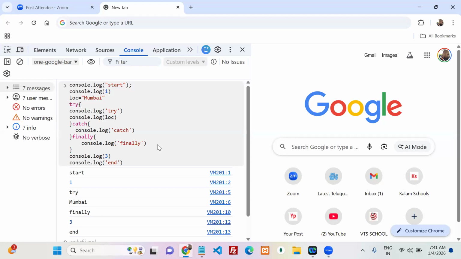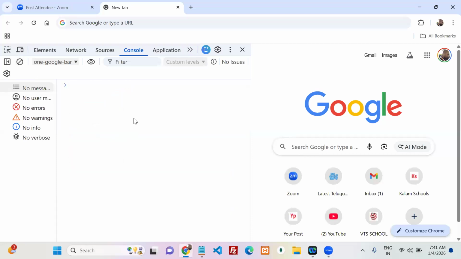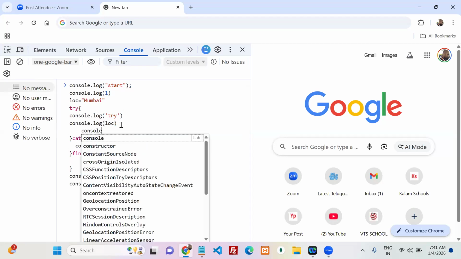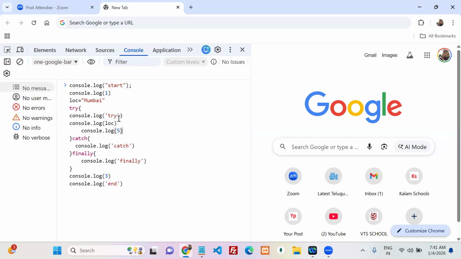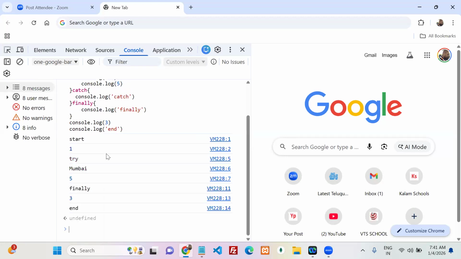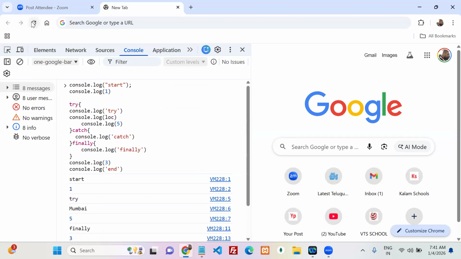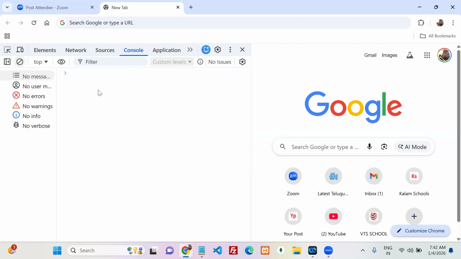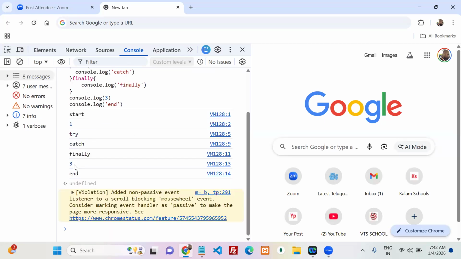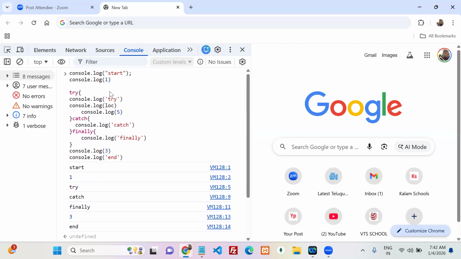No, right? Why? Because whenever an exception is raised in the try block, it immediately terminates the execution of the try block and looks for the catch block. So in the try block, for example, multiple statements are there, after this console.log of 4 or 5. Now tell me, is this particular 5 executed or not executed? No. Why? Because start one, try,